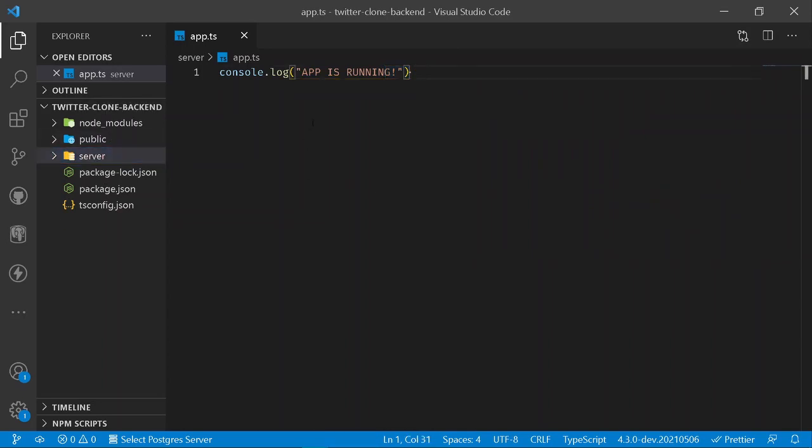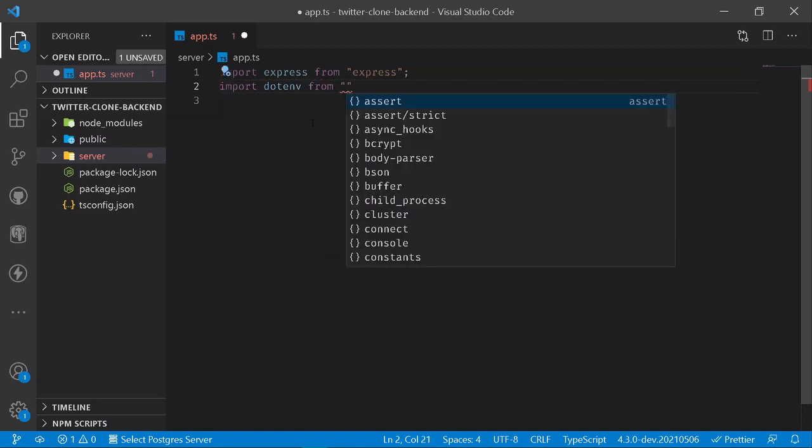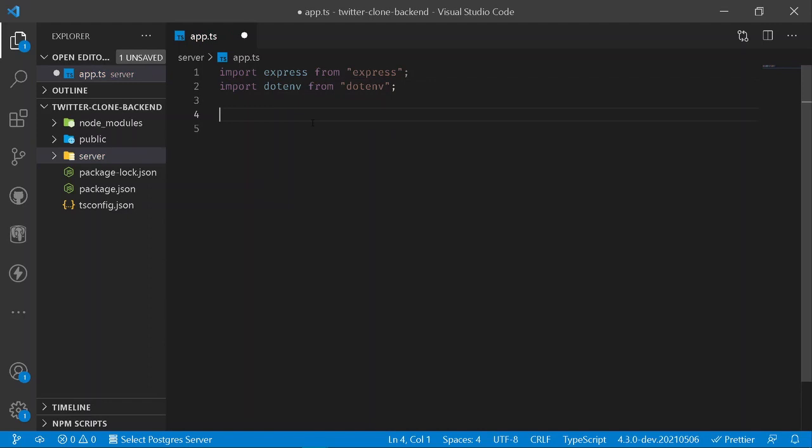So now first of all what we can really do is set up our Express server. For that purpose, first of all you should be importing express from our express module just like this. And once we have got our express module, we should also be importing dotenv from our package, that is the module of dotenv, just like this. And here I should be writing dotenv.config just like this. So now what I can really do is add a new constant of port which will be 8080 for now. So once we have got our port, I can say const app should be equal to our express module, that is calling our express server.